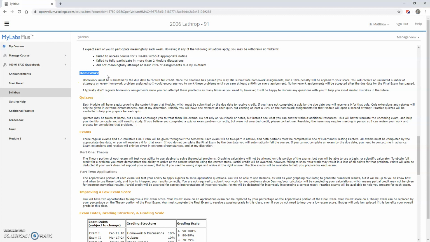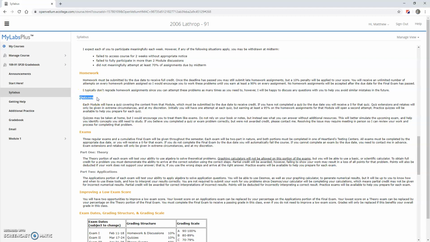Homework will be completed online through MyLabs Plus. There will be a due date for those, and all assignments in this class will run from Tuesday to Tuesday. Homework can be completed late, but a 10% penalty would be applied. What that means, though, is that you should be able to complete every homework assignment in this course with at least a 90%, as long as you're willing to put in the time and effort to go back and get any potentially past due assignments.